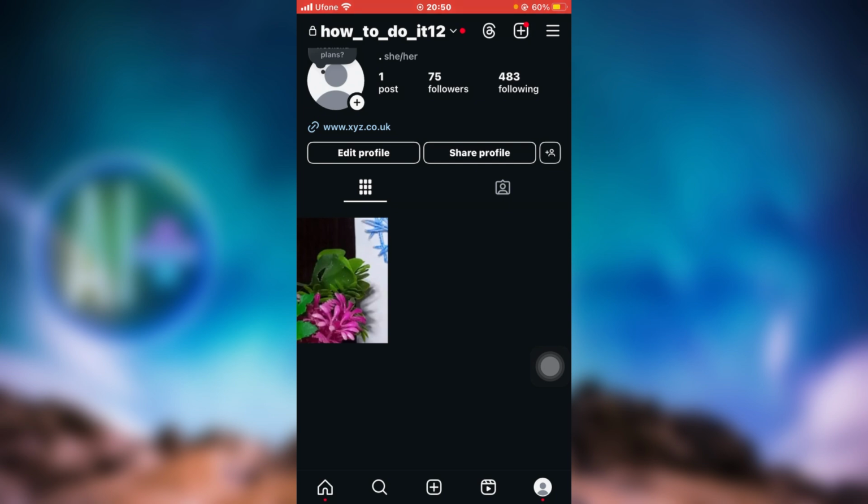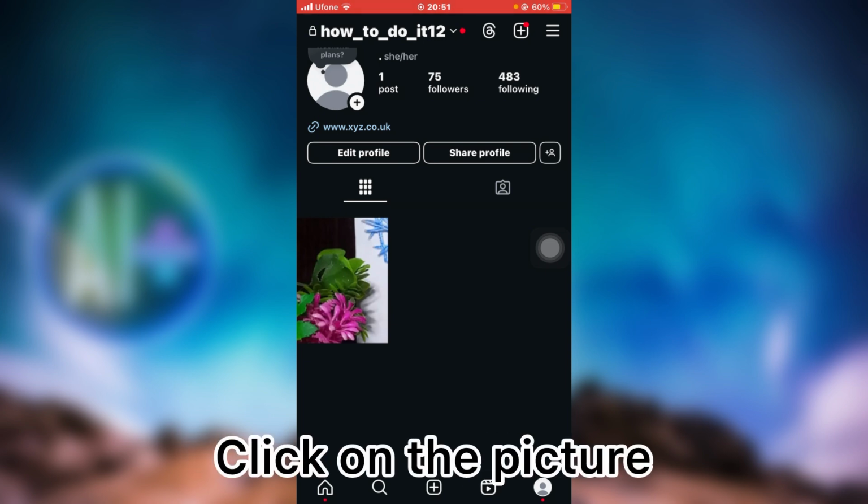Now you gotta select a particular image of your account. For example, I'm gonna select this image over here, and you can see that it is not square, it's kind of rectangular. This was basically a latest update by Instagram, but most of the people don't like it. So if you want your Instagram profile to look like exactly how it used to before, you can just click